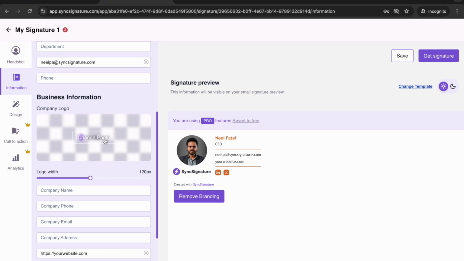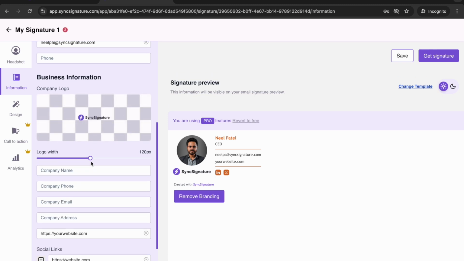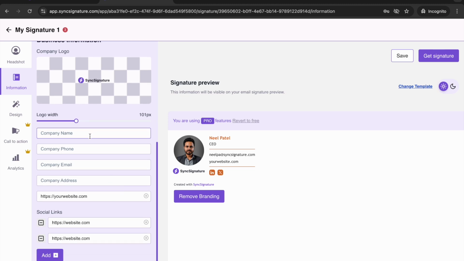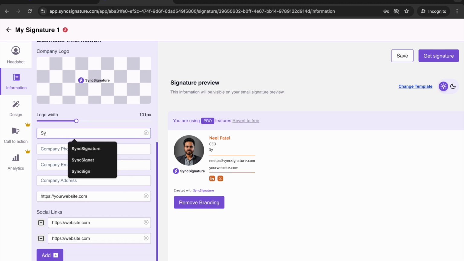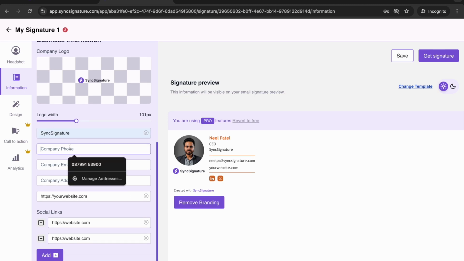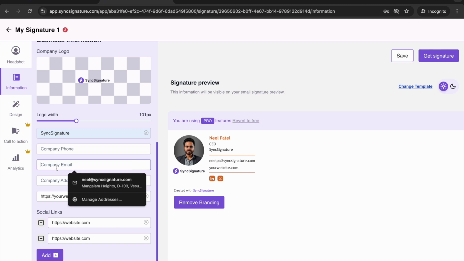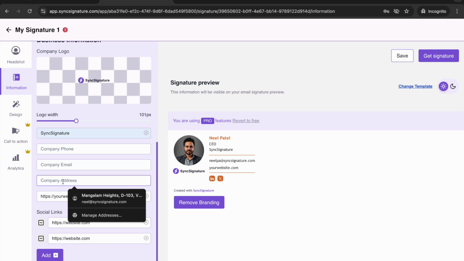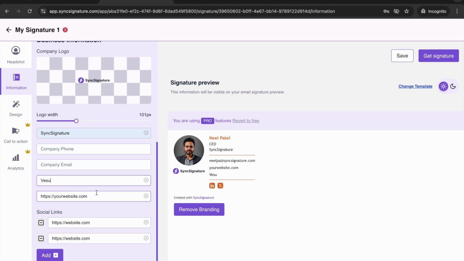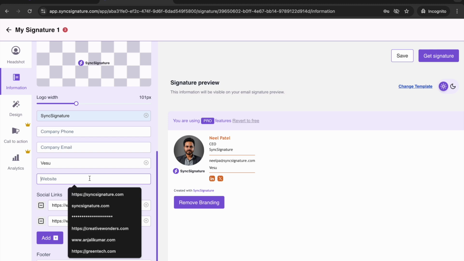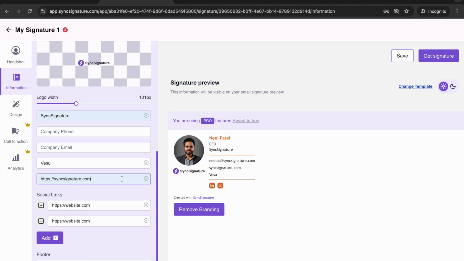That's where you add your business information. Company logo I have already added in the previous section, so you can adjust it from here as well. So that way it will reflect company name, company phone number if I wish to have, company email, company address. All of that can be added over here. The website as well,